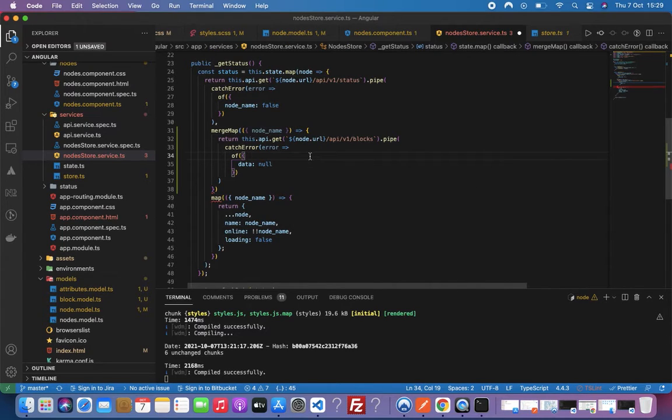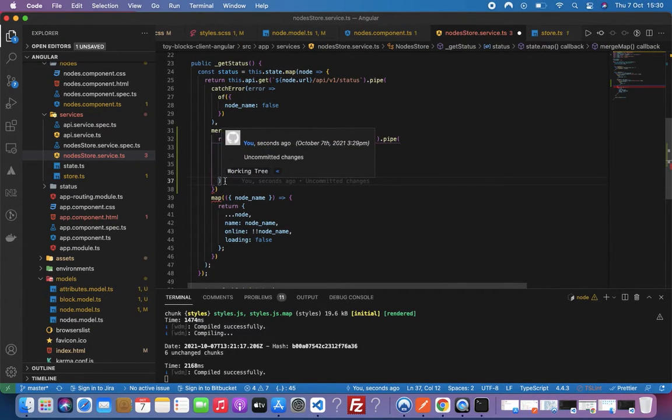So it's going to return an observable of data, and it's null. All right, now since we have the catcher,